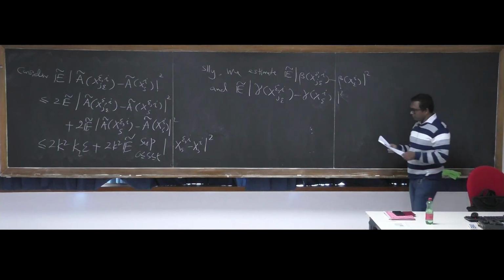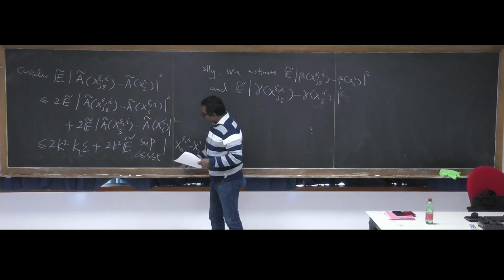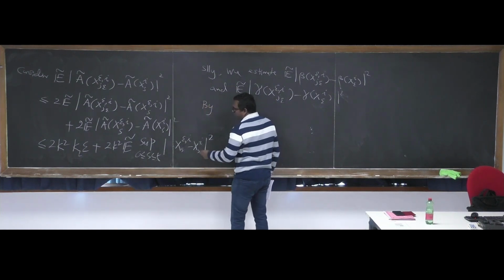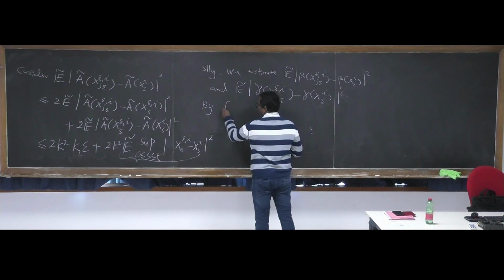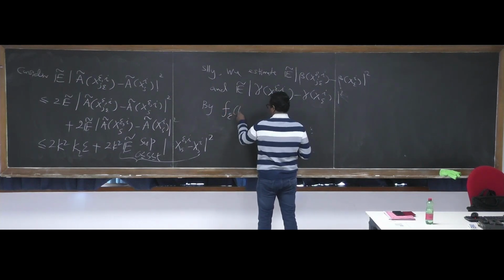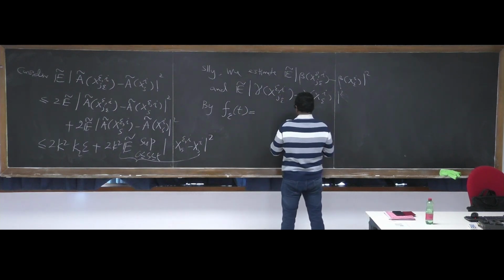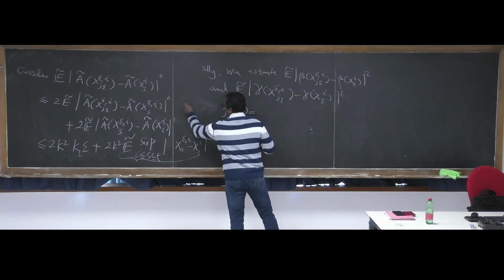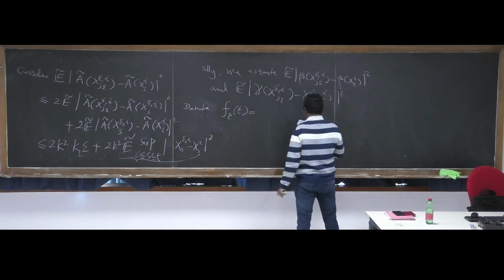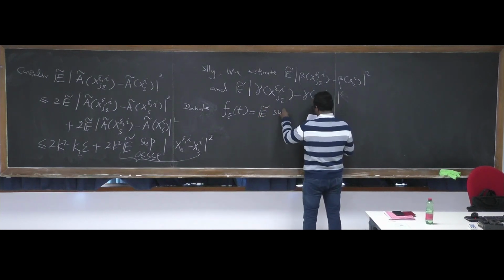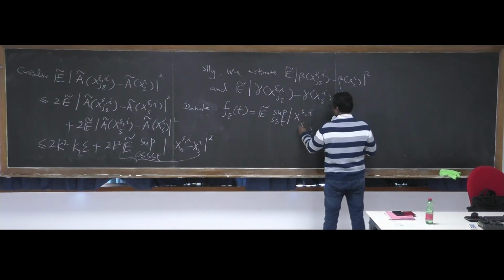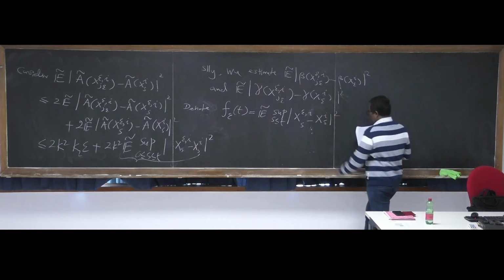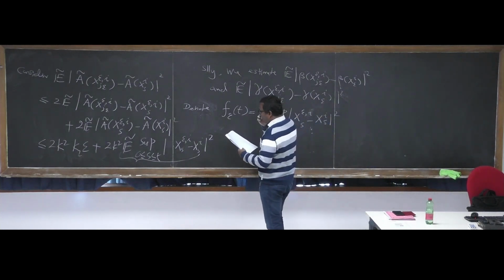Now, by denoting this term, let's say we denote f^ε(t) as the expectation of the supremum of X^ε_i(s) minus ξ^i_s squared. You can achieve that